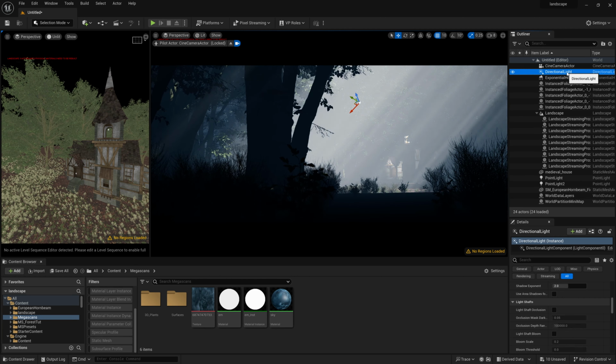Now simply click this exponential height fog. Now you don't need to do anything over here. Go down, you can find this called albedo. No need to change anything. This is called viewing distance. So once you increase or decrease, you can exactly maintain the depth. So what I'll do, I'll just maintain the depth